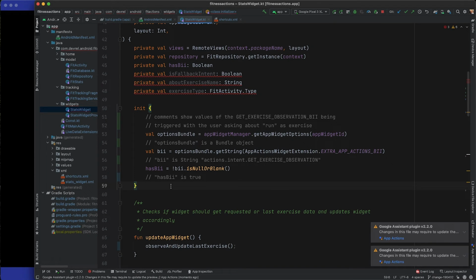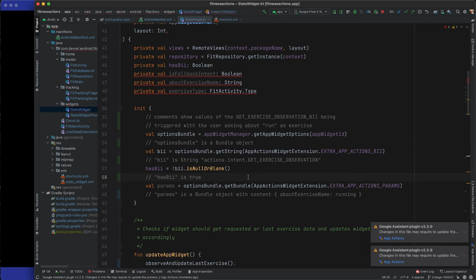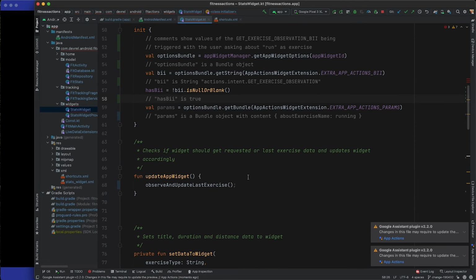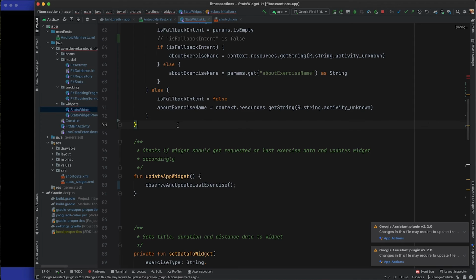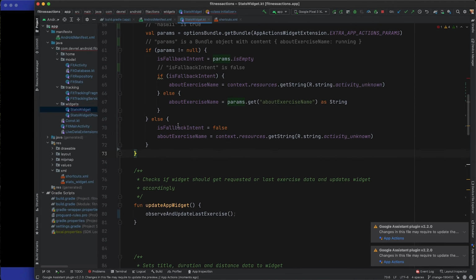Next, we initialize the hasBII flag, which is true in our case. The params variable is set to the bundle object containing information about the parameters of the BII. In this case, the name-value pair of the exercise name with the value running. The isFallbackIntent flag is set inside this conditional.